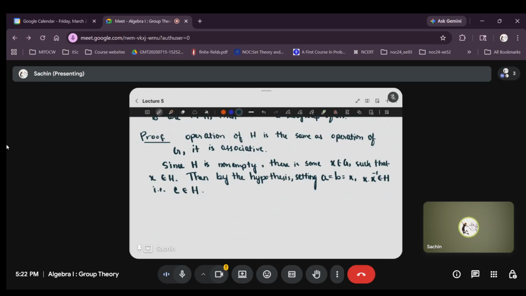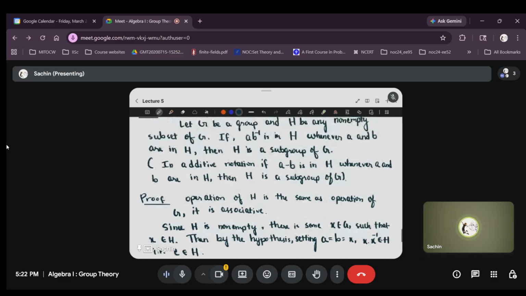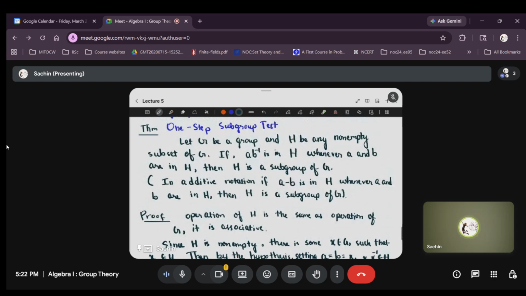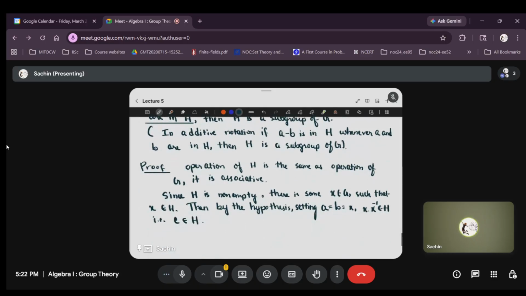If H is a group, then you can say that. But we are trying to show that H is a group, so we are only allowed to use this hypothesis condition. This is the hypothesis: whenever A and B are in H, AB inverse is in H. Just using that condition, we should show that E is in H, and for any element X, X inverse is also in H. Like how you showed for E, you set both A and B to the same element